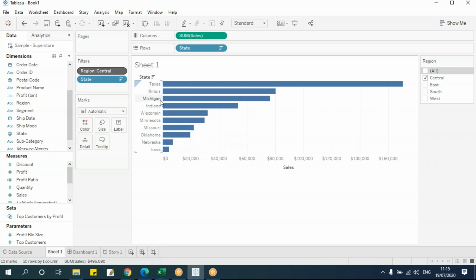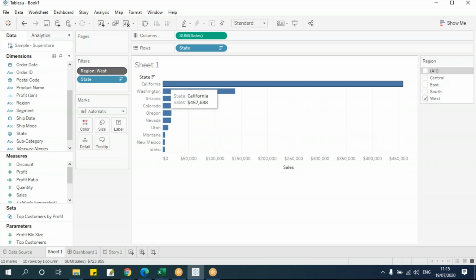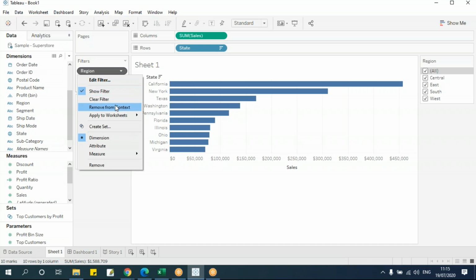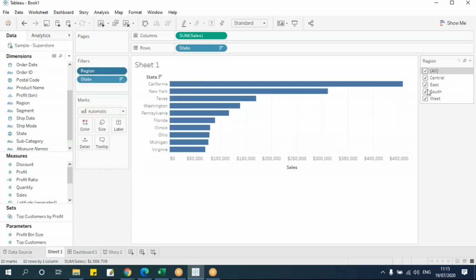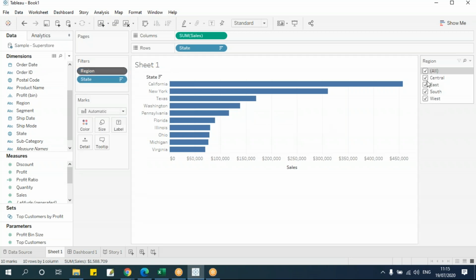See, I'm getting 10 values here, that is top 10. Let me remove this. I'll say east, see, south and west. Everywhere I'm getting 10 values. That means if you are trying to do some reports like this, then I have to use this context. If I'm not using this context, let me remove this context. Say remove. Now you just see I'll get only 3 results, or say 4, whatever. Let me convert this into context. Now if I go here,